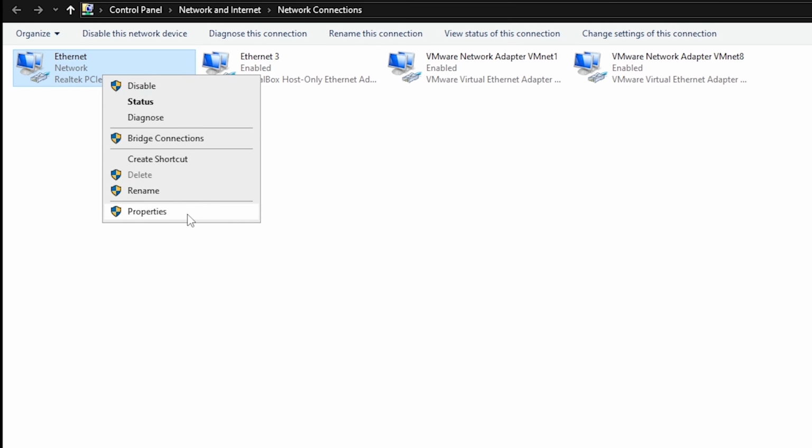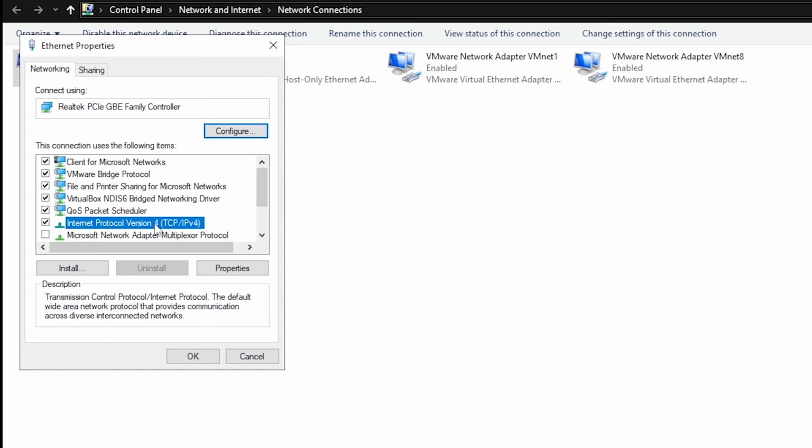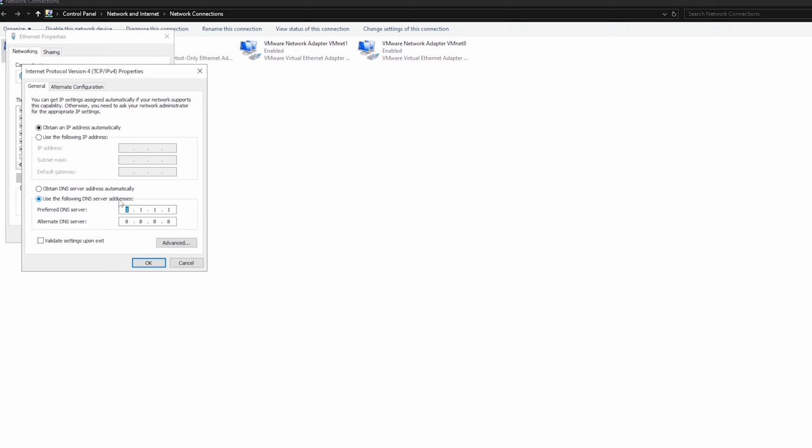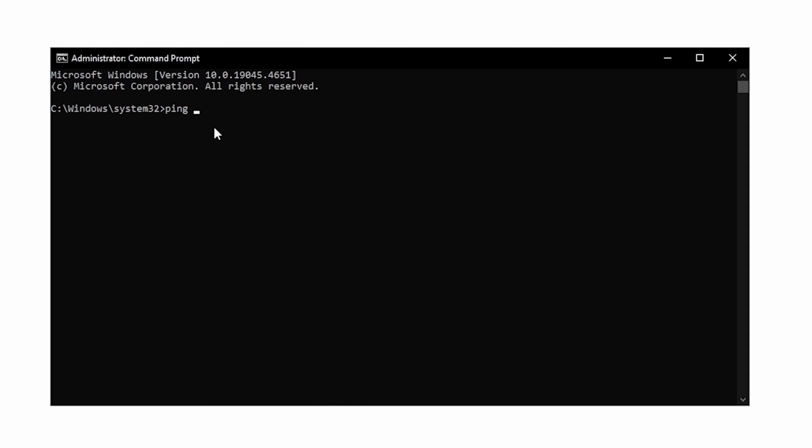Right click once more and properties. This time click on Internet Protocol version 4, hit properties once more and check the use the following DNS server address. We are going to be testing the Cloudflare DNS as well as the Google DNS to check which one gives us lower ping and has a better connection with us, and that's the one that we're going to be using inside of the preferred DNS server. To do that, open up the start menu and search for cmd once more. Run as admin and once this opens, type in ping and then